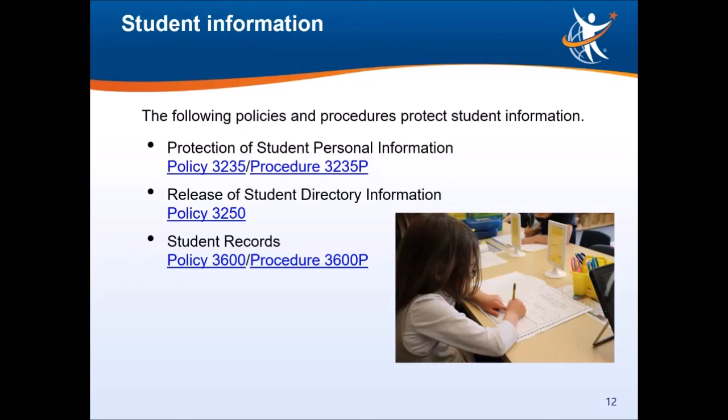The district shall maintain those student records necessary for the educational guidance and/or welfare of students for orderly and efficient operation of schools as required by law. All information related to individual students shall be treated in a confidential and professional manner. Student records are the property of the district, but shall be available in an orderly and timely manner to students and parent guardians upon request. Please be aware that a parent guardian or adult student may challenge any information contained in a student's record believed to be inaccurate, misleading, or in violation of the privacy or other rights of the student.